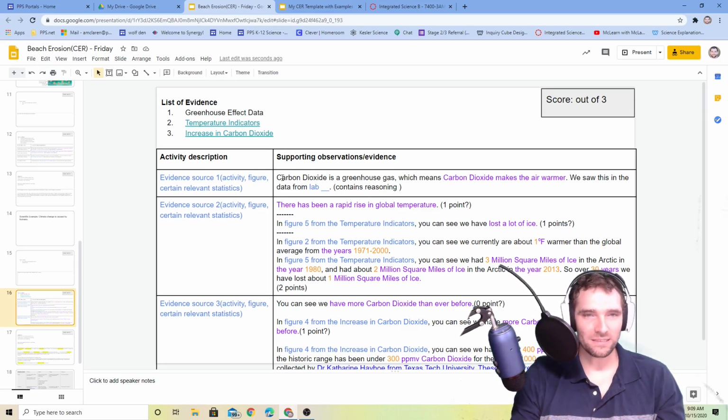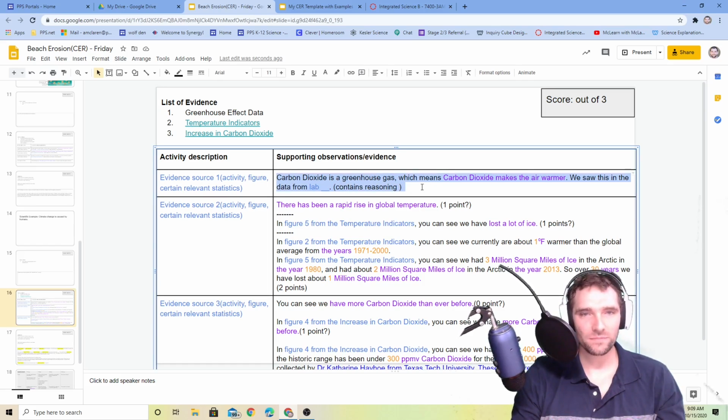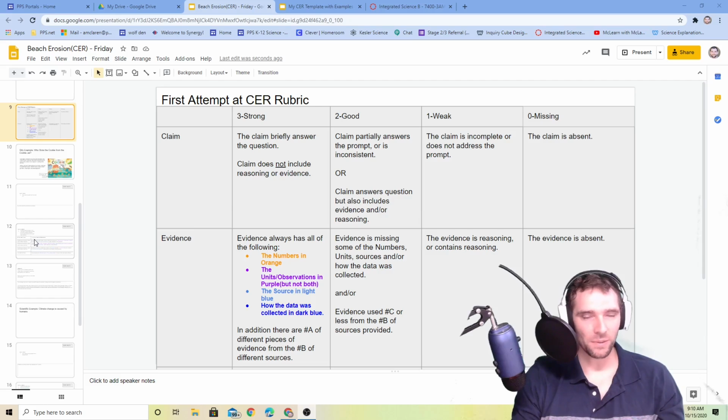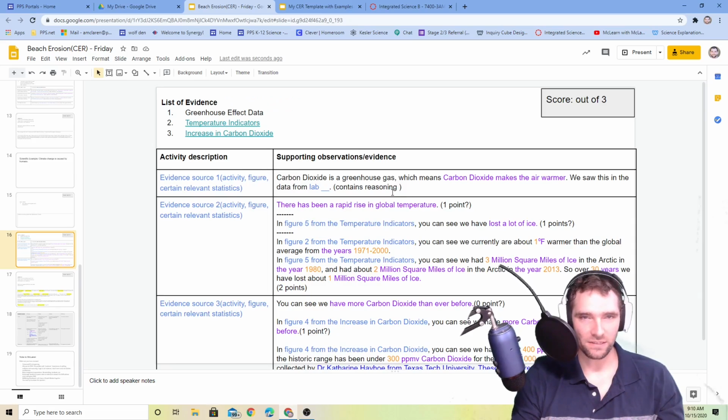So here, if you look at this evidence right here, this is starting to talk a little bit about reasoning, to be honest, with explaining what a greenhouse gas is. A greenhouse gas is a scientific concept, and we're explaining what it does. So that to me seems like it contains some reasoning. So I would give that, on the rubric, or wait, no, was it evidence? No, it was evidence that had some reasoning, so that would be kind of weak evidence because we don't want to go into that reasoning right now. So let's scroll back down to that right here. Yeah, this had